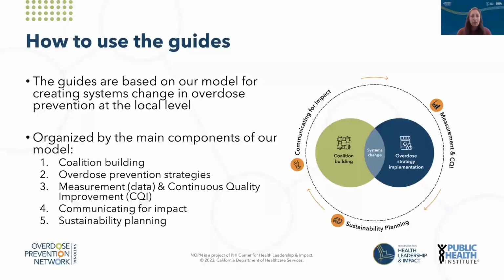On the outside of the circles, you'll see the three other core areas of our model around the outside circle. As you'll see in the guide, we have specific sections focused on communicating for impact to make sure you have a grounded understanding of what it takes to have strong messaging to support your goals and reach your target audiences. We also have sections focused on measurement to help you use data in a strategic and actionable way. And then also sections on sustainability to make sure you think about methods to set the stage for long-term impact